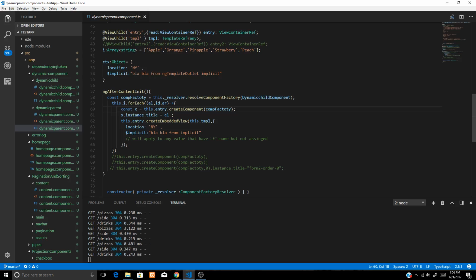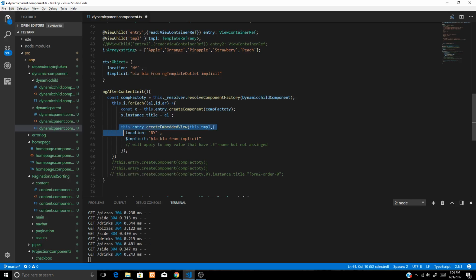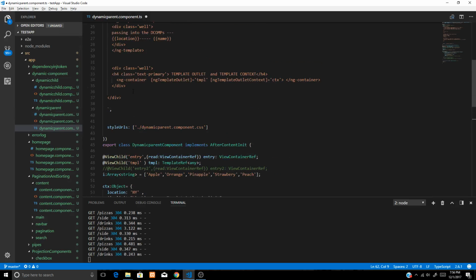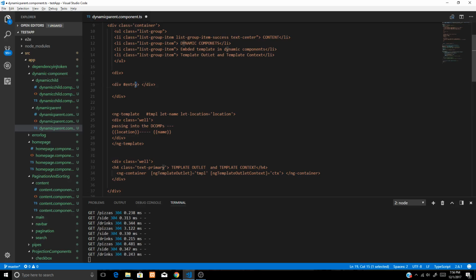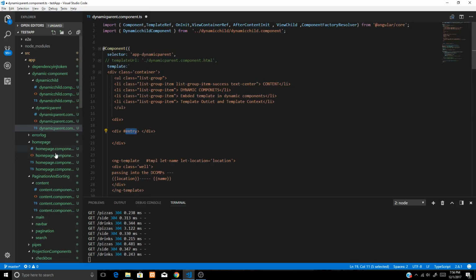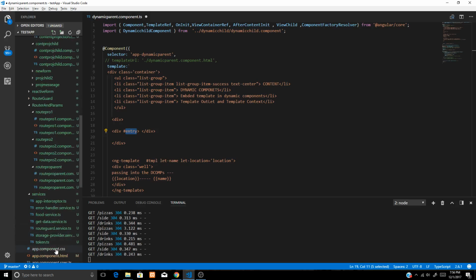So, just forget this code, I will explain what this code is doing in a moment. Up to this code, we are creating an instance for every element of the array. And the second point: after putting the entry here, we have to go back to our app module,